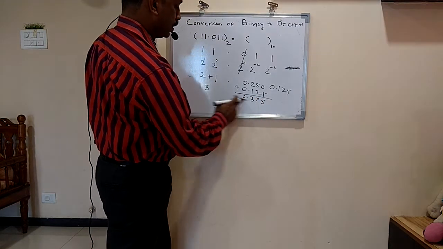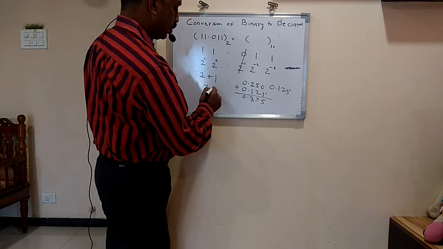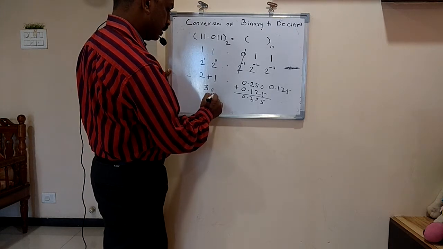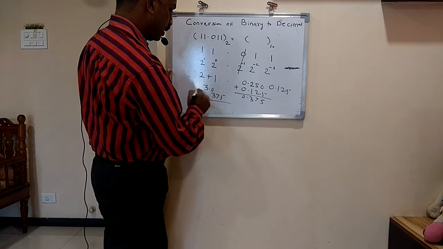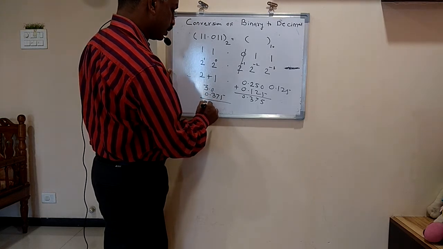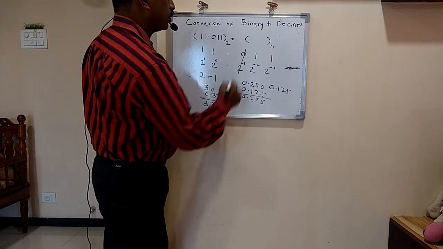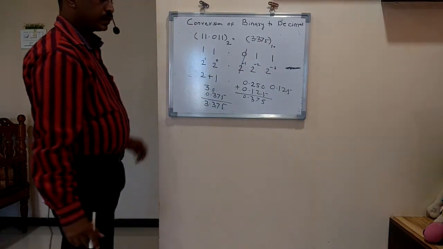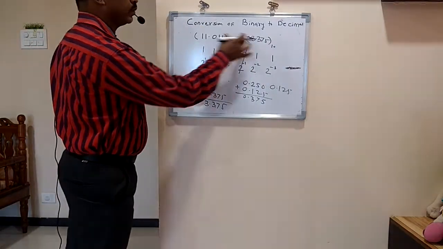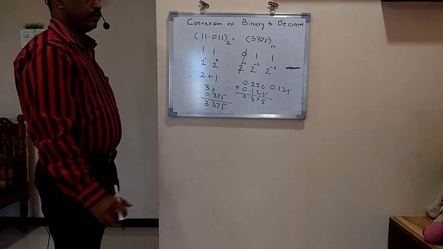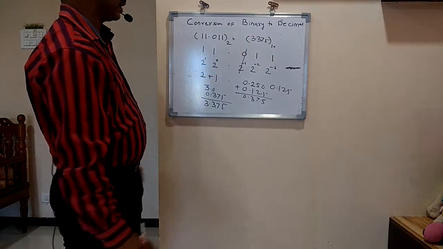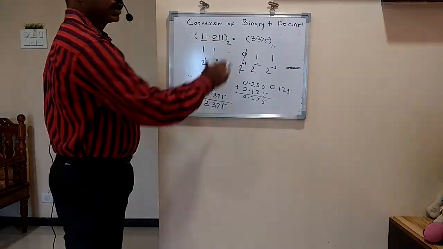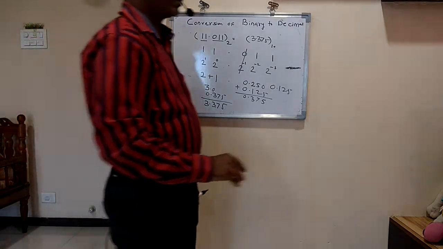So we add it here, 0.125, and in a simple way here we keep 0 and add 5, 7, 3. So 0 and finally we add 2 and 3. If we add here, 3, 7, 5. So the final answer is 3.375. So this is that decimal number, 3.375. In this way we can convert any binary number into its decimal equivalent. Here we take whole number and fraction number together, and this is known as mixed binary number.